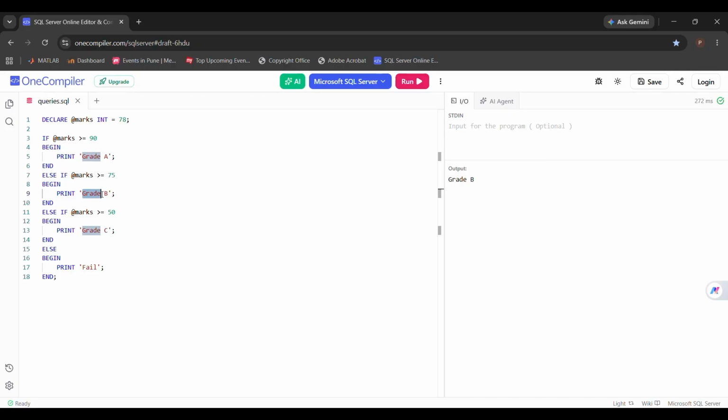The program works in exactly this way. It checks the conditions one by one and stops as soon as it finds the first condition that is true. This is why the program prints grade B for marks greater than 75.